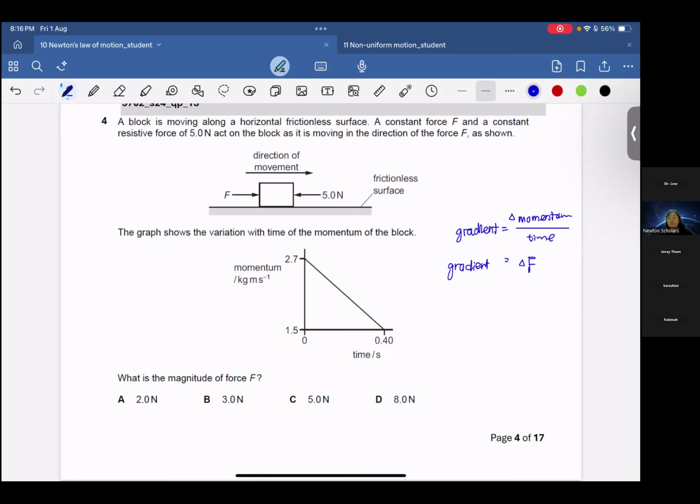Joray, let me see your answer. A, good job. Others? A also, wow. Good job, everybody can do it very well. Okay, here,